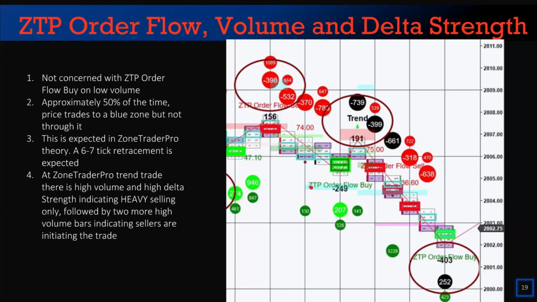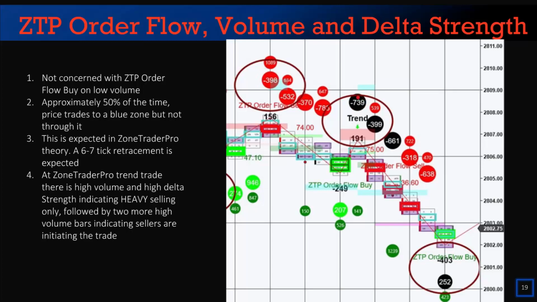And approximately 50% of the time, the price trades down to this blue zone but doesn't trade through it. And that's an important number to know if you're developing a strategy, because exactly as what happens here, we see a 6 or 7 tick retracement back to this ZoneTraderPro trend trade. At the ZoneTraderPro trend trade, we see high volume and we see a very strong delta strength number